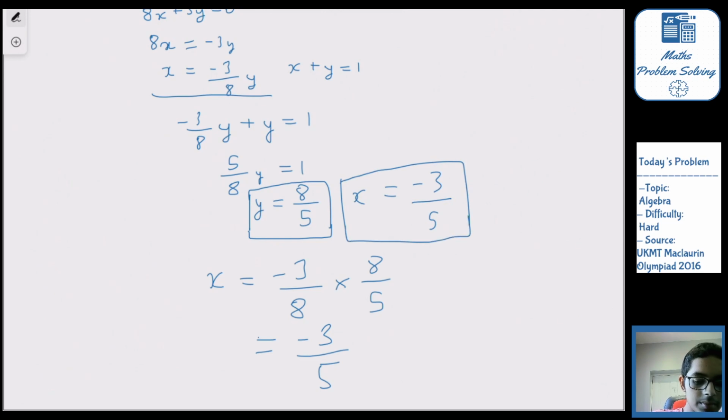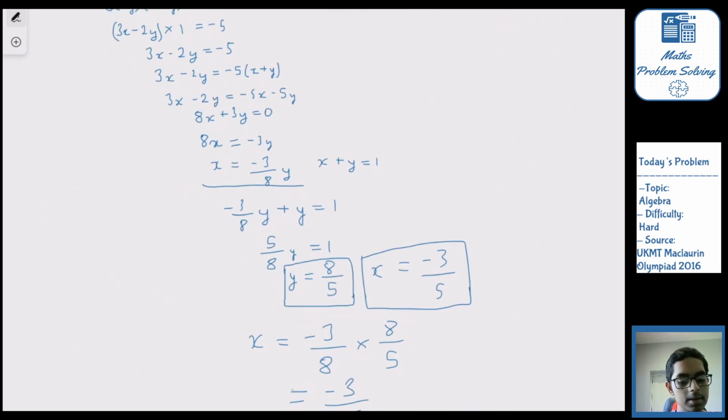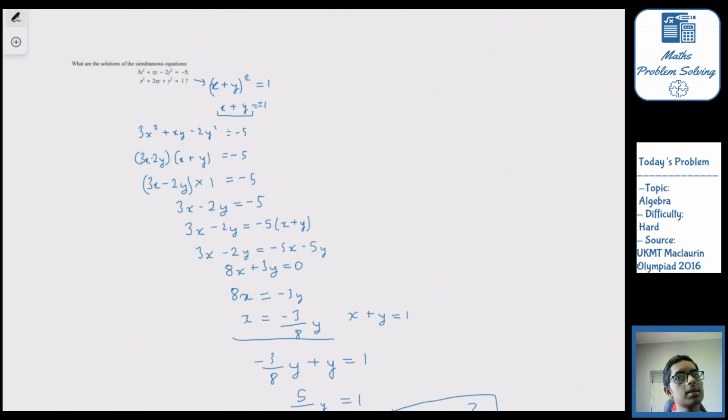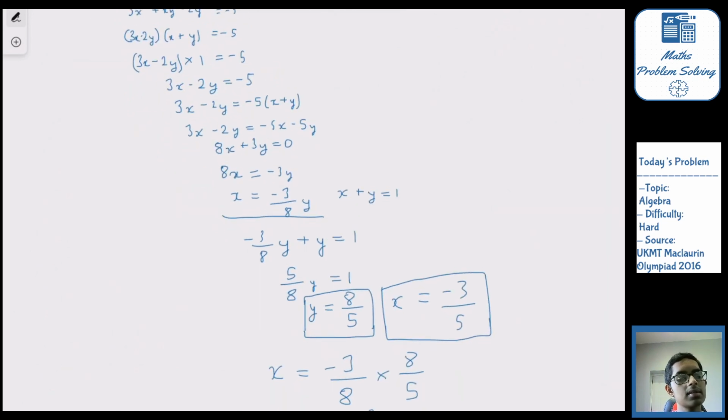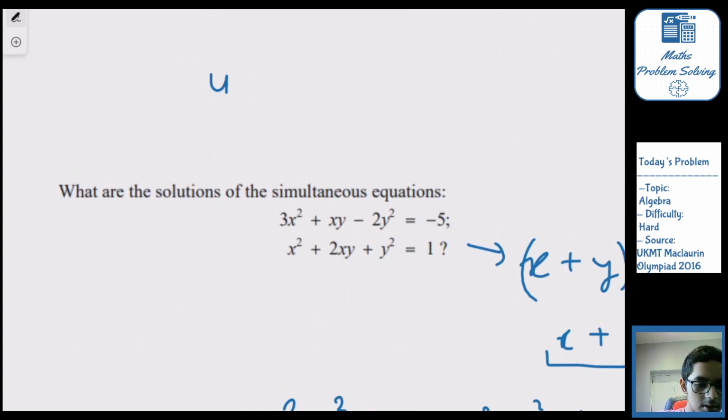Okay, so this was when we assumed x plus y to equal plus 1, but if x plus y equals minus 1, everything is just going to be the negative. We could rewrite this whole working, but it's going to take us like another 6 minutes, so that's just a bit of a shortcut. If you ever have solutions of plus or minus 1, you know that everything is just going to be the negative of that. Therefore, if we go back to our initial question, the solutions are y equals